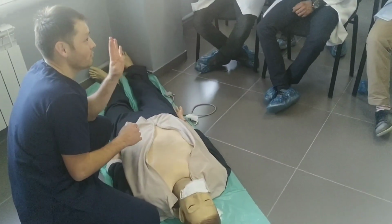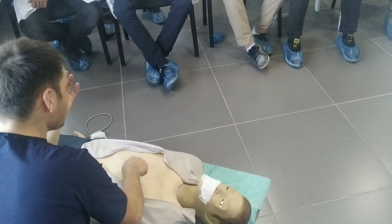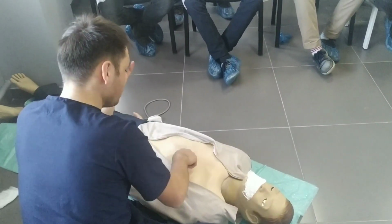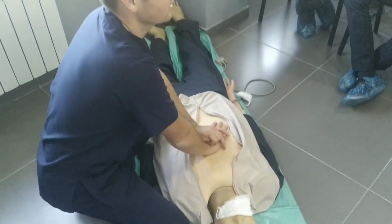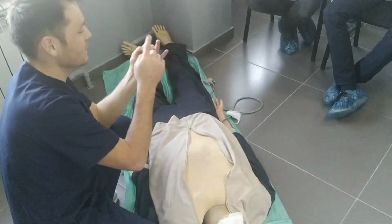There are 4 things we have to understand. Ratio, 30 to 2. Second is place, which is between the nipples and the xiphoid. Yes, between the nipples or xiphoid process is the position. Third is depth, yes, 5 to 6 centimeters. 5 to 6 centimeters down, and the last is